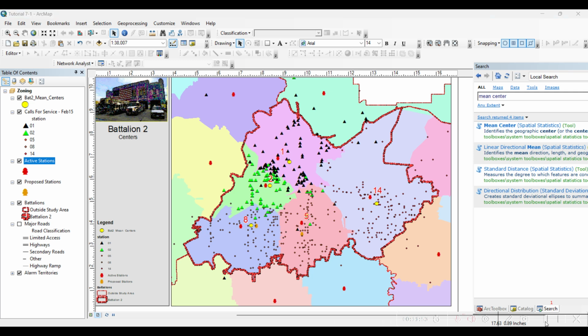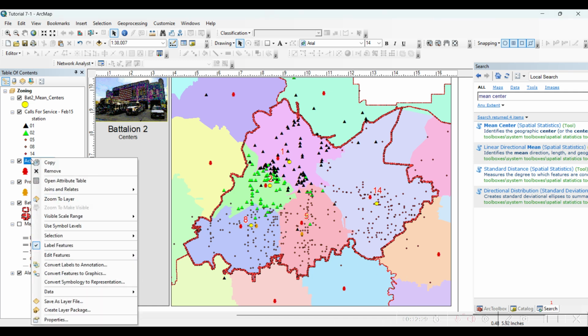So imagine that this battalion 2 government wants to relocate the battalion head office. The new location must be confirmed as the most centrally located for all the stations in battalion 2 before the fire chief will approve the money. So battalion 2 includes stations 1, 2, 5, 8 and 14. Next we will choose stations and run this central feature tool, which will find the most central location for all the stations. So first we will go to